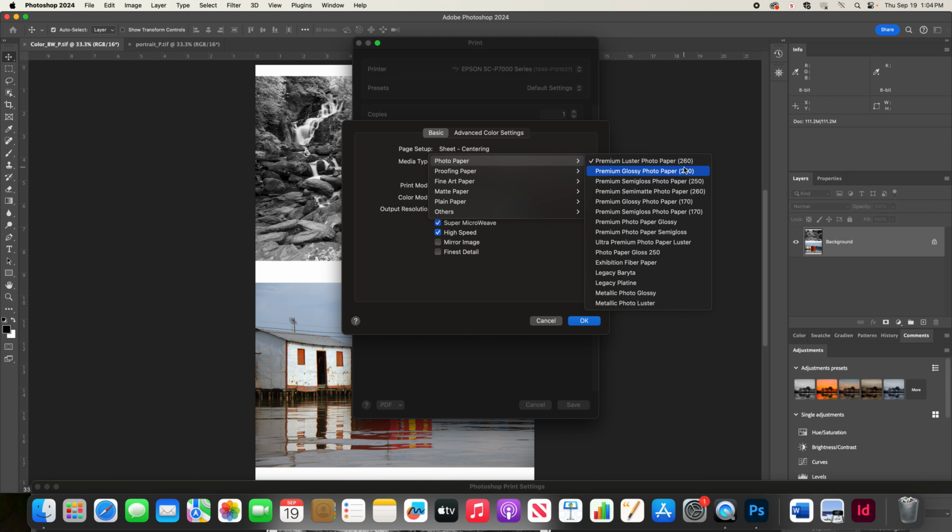So photo paper, and if you bought luster, if you bought the Red River Ultra Pro Satin, then it's going to be luster. It says down here, you got to check. Don't just assume that it's luster. You got to check to make sure that you got luster paper. Then you're going to choose this setting. So it's going to be premium luster photo paper. There's a lot of options there, but premium luster photo paper 260